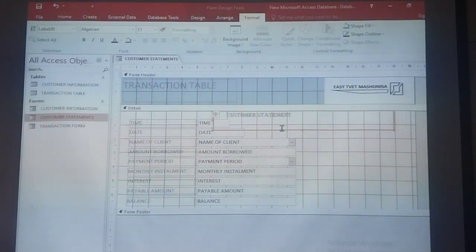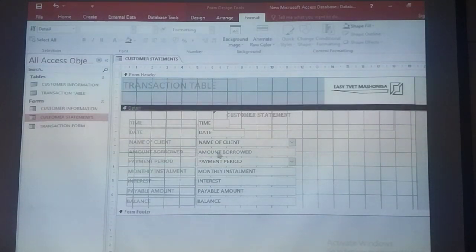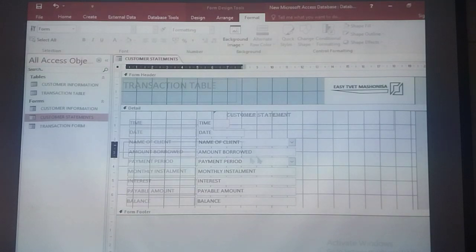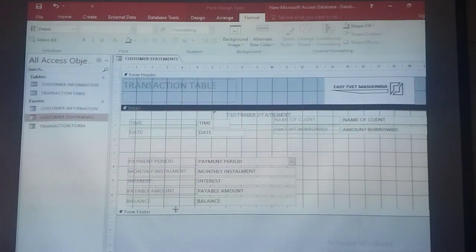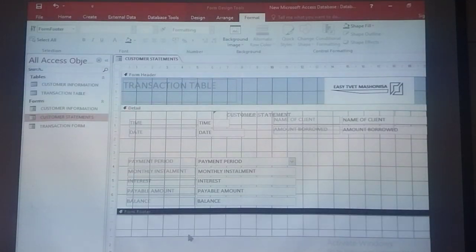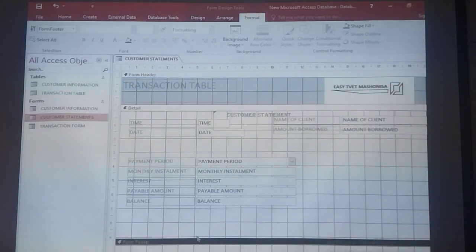Okay, let's say maybe you type here, I'll show you at the end. Customer statement, and then maybe time and date, it's fine. And then this customer name and amount, you want them here. And then maybe you are designing a statement. So